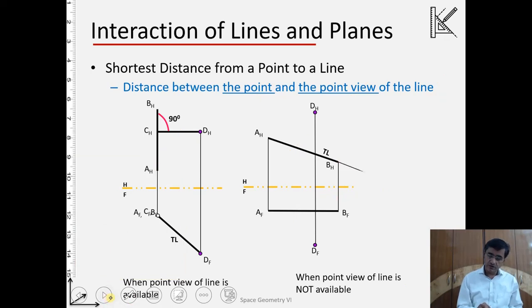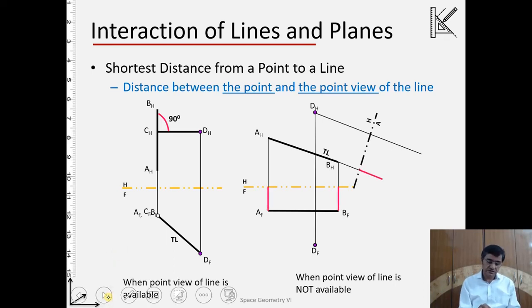So that's the true length, the normal view, and seeing in this direction, let's say this is another auxiliary plane A. On that auxiliary plane we are projecting our point D, and also the line AB. So line AB will be projected as a point. That's why BA and AA are written at the same point. Similarly, corresponding to D, and how we are projecting, again we are making use of A3,